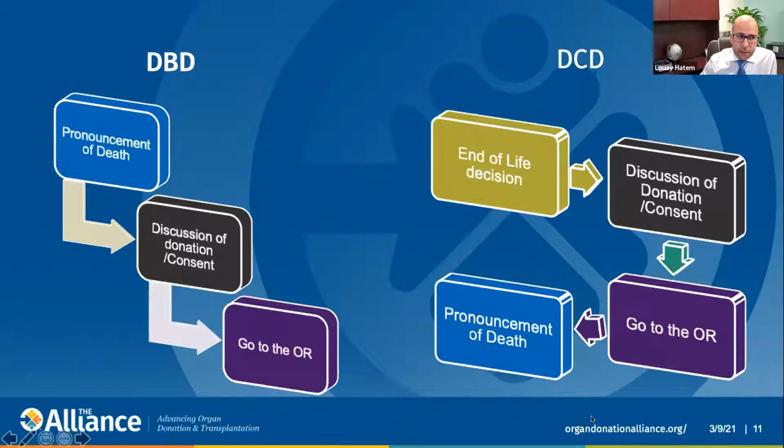The only other difference is that we give heparin to the patient before extubation. After that, the patient will go through a period of hypoxia. It's going to lead to circulatory arrest, and to determine death, a period of 2 to 5 minutes with absent circulation has to be confirmed. And the time is also dependent on the hospital policy. After this time, organ recovery will start immediately.